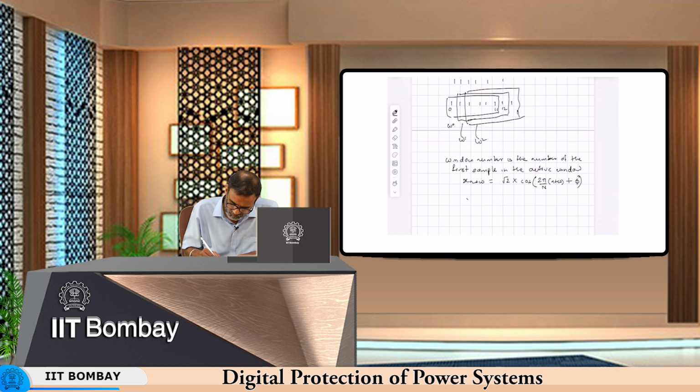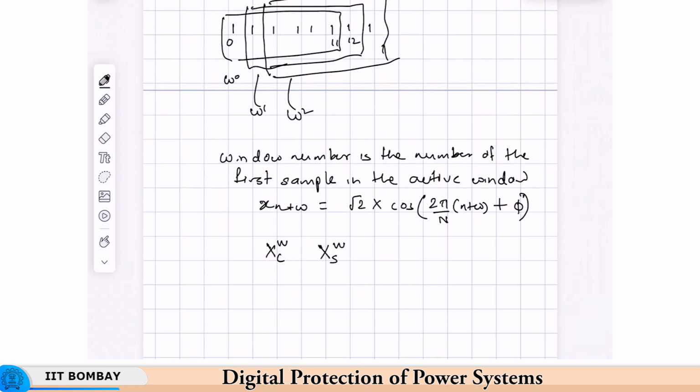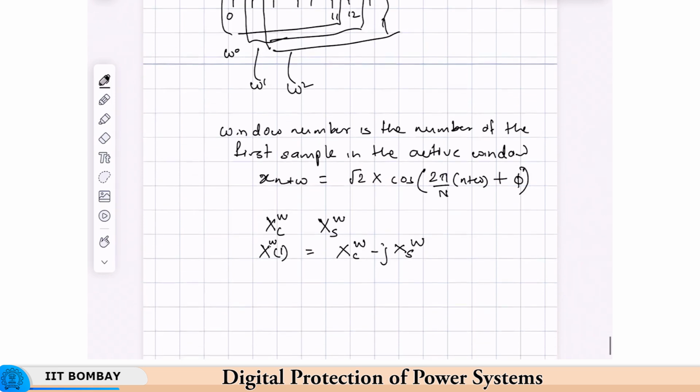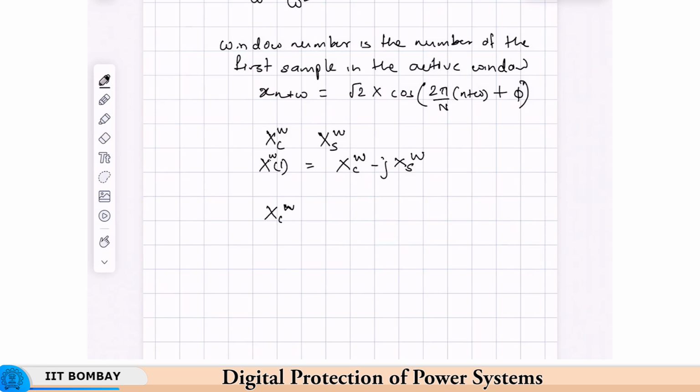Okay. And just to distinguish, we will denote the cosine and sine components as x. Mind you, this is not omega, this is w. So, I will write it slightly differently, x of w. Okay. This is the window number. So, your phasor now will be defined by x of 1 w is x c w minus j x s w. Now, what happens to the phasor calculation? We will just have a look. We just have to substitute x c of w, which gives us, and x s of w on the other hand will give us